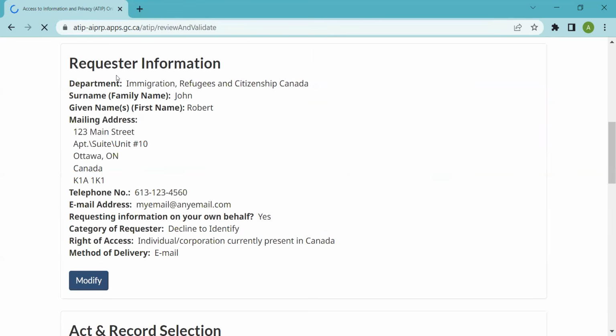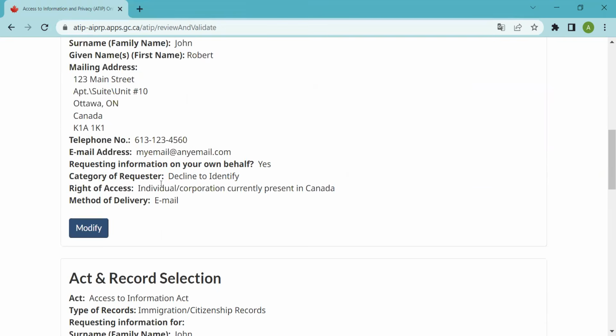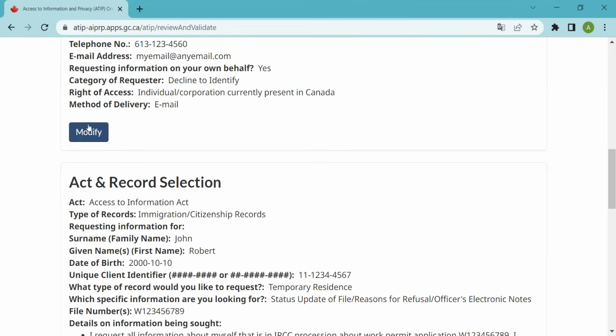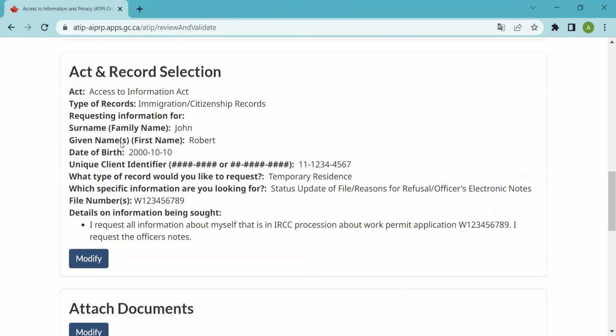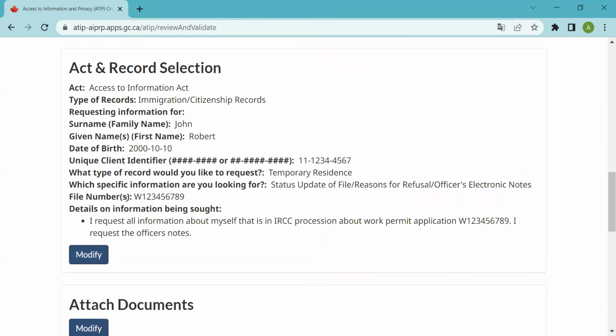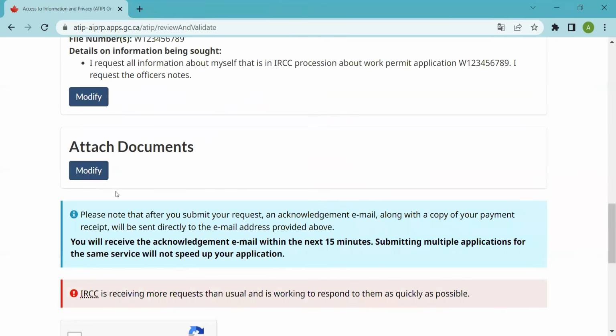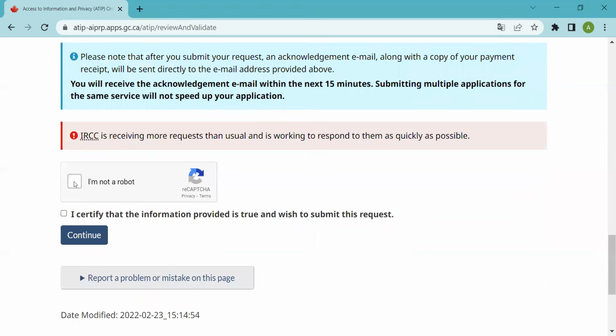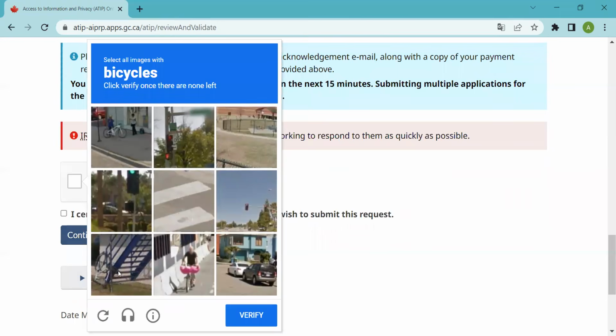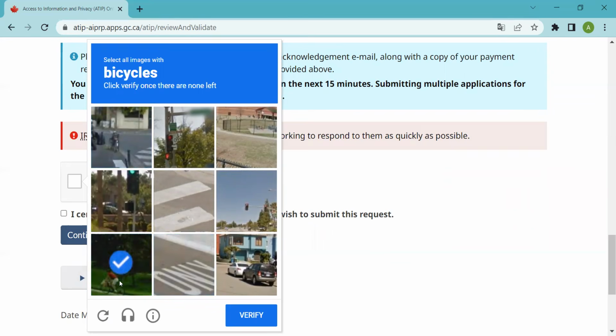So now you have a summary of the request. If you have to modify something, it's the place to do it here. You click on modify. This is a summary, again, about the act, why you're requesting this, and any attached documents. Check here, validate that you're not a robot. And that's what I'm trying to do here.